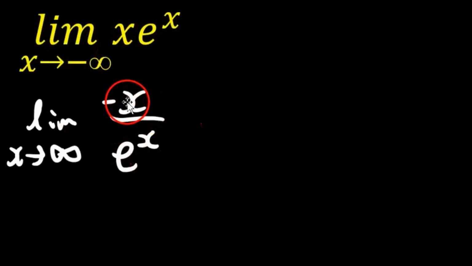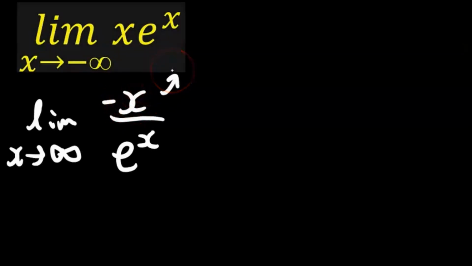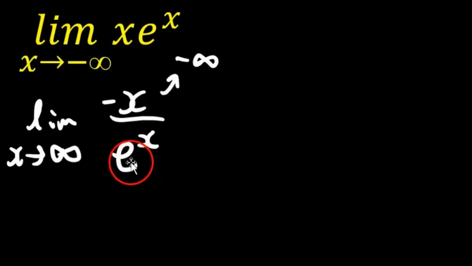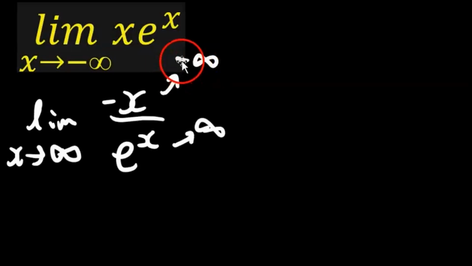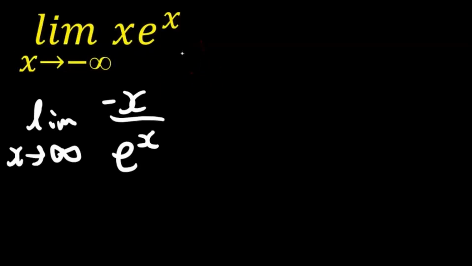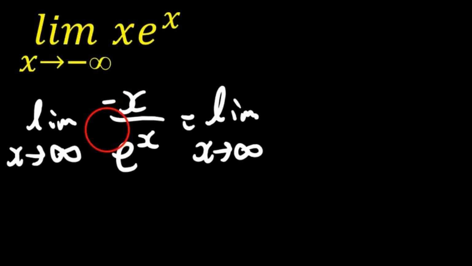Okay, so this numerator goes to -infinity. And this denominator is going to infinity. So it's just like we have infinity over infinity, right? So which one's going to win? Now, it could cancel out and be 1, but probably won't. Let's do L'Hopital's rule, and we'll take the derivative of the numerator and the denominator. So this would be the limit as x goes to infinity of the derivative of -x, which is just -1